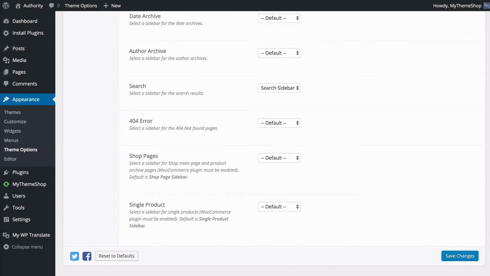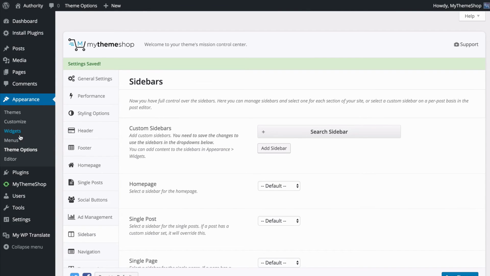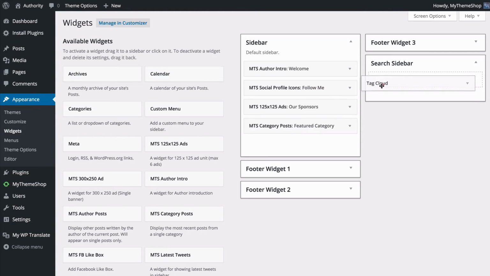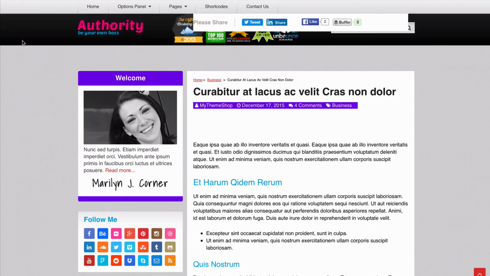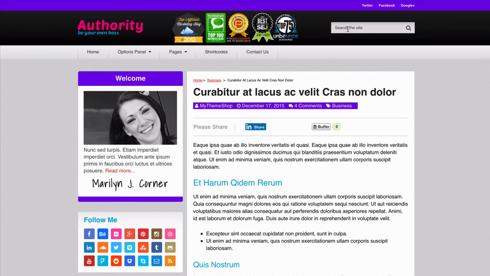If we save those changes, now when we go to set up our widgets in Appearance and then Widgets, we're going to see we've got a custom sidebar area created, which is Search Sidebar, and there's currently nothing in it, but we can populate that as we want. So if I just drag and drop a tag cloud in order to quickly show you how this works, we'll see that the main sidebar has lost the tag cloud, but if we do a search,